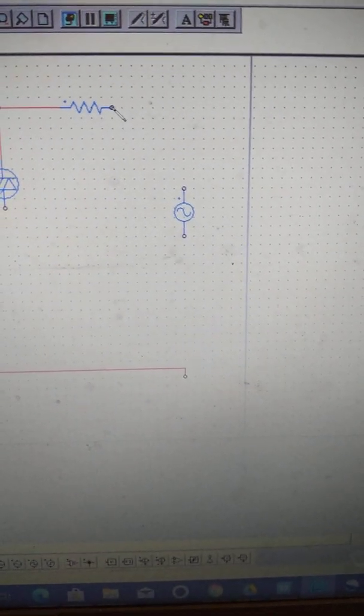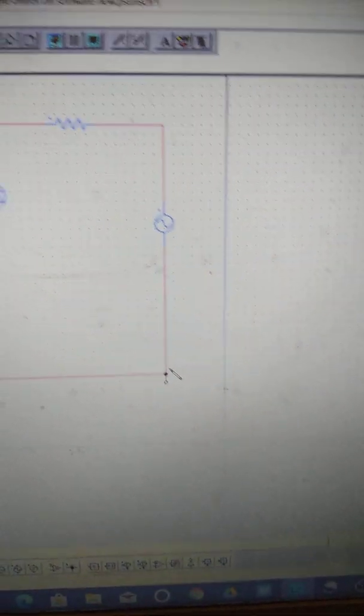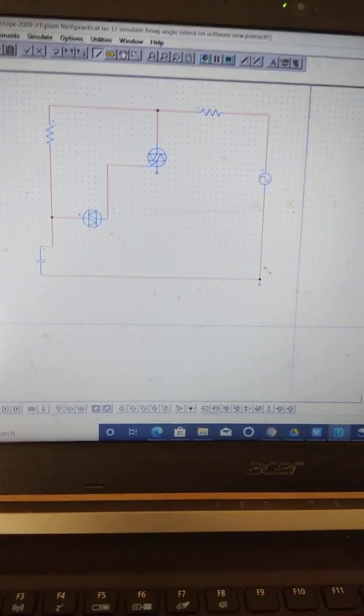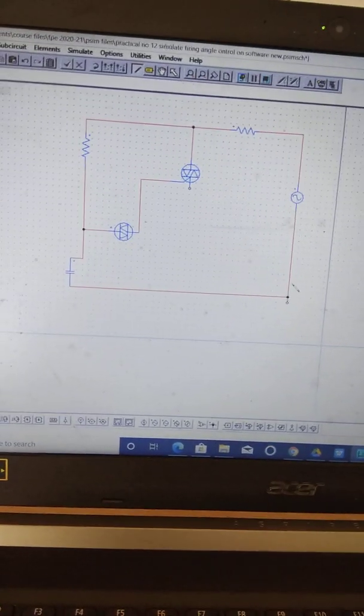AC source placed. In this way, we can design or place different components and interconnect them.